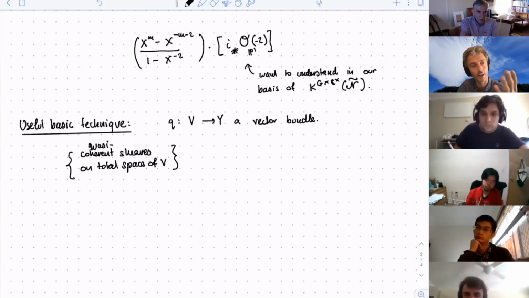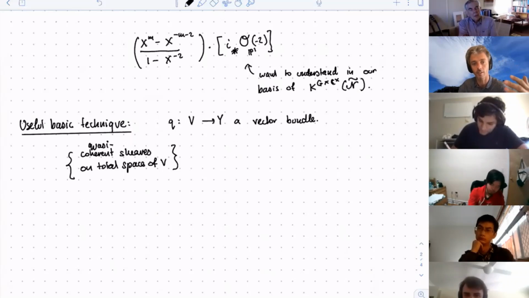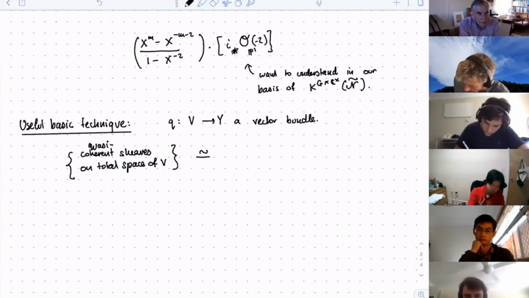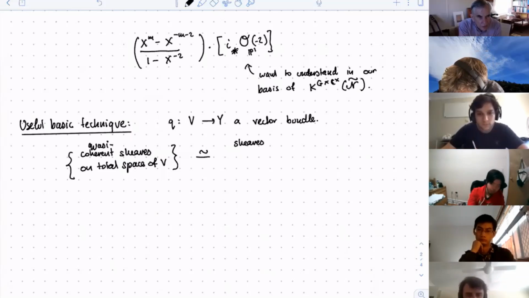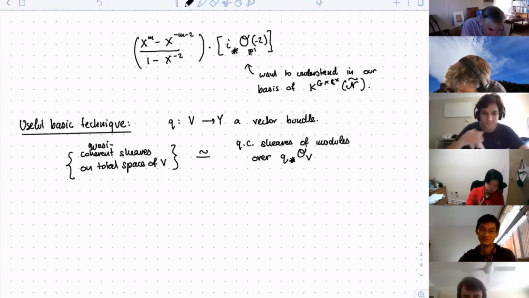And we can understand coherent sheaves on an affine space either as being coherent sheaves on an affine space or as being modules over its global sections. And this is essentially a relative version of this. So quasi-coherent sheaves on the total space of V are the same thing as quasi-coherent sheaves of modules